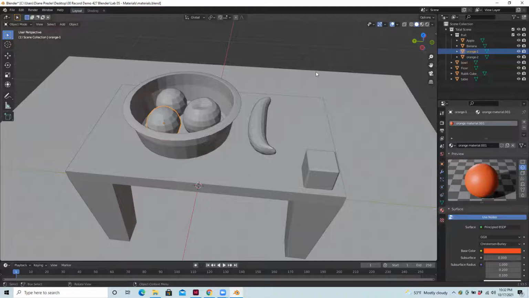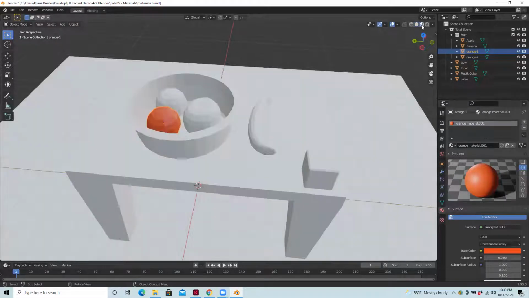But a better way to preview in your real document area is to go into the upper right corner, and there's a series of little icons up here that affect your view. And actually, you might notice there's an icon that looks the same as the material beach ball icon. And if I click here, it's actually previewing the materials. It's funny, everything looks like it's white at the second except the orange, because nothing's been specified yet on these